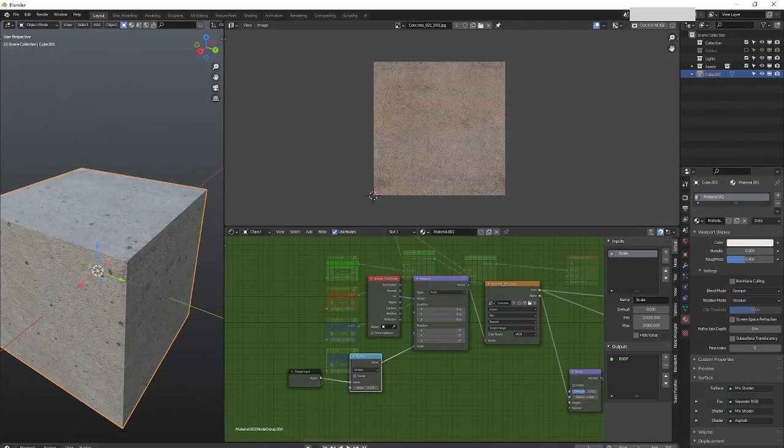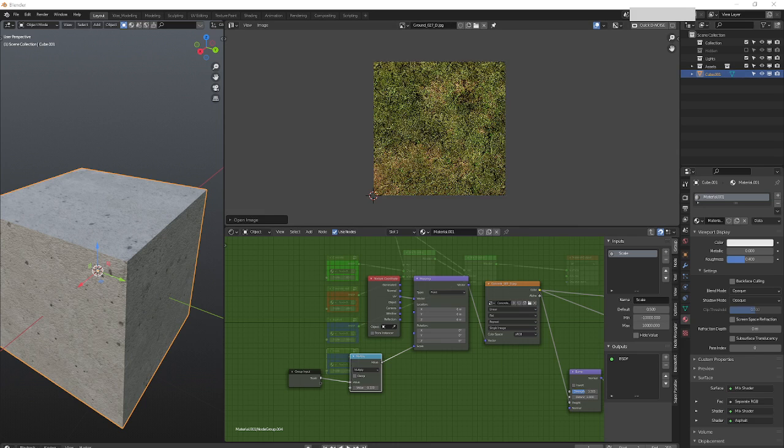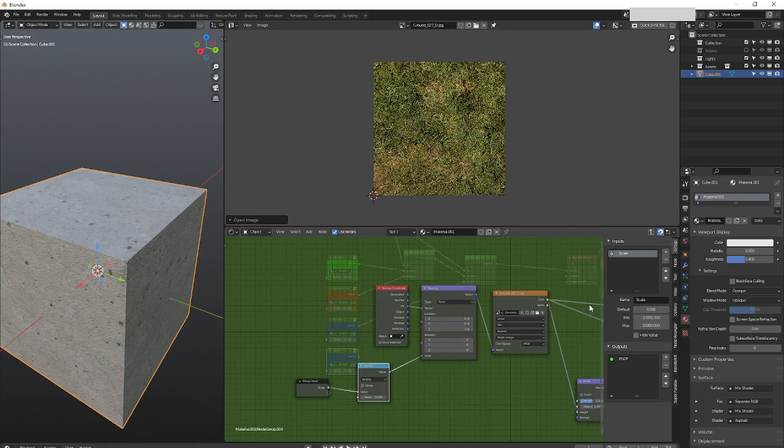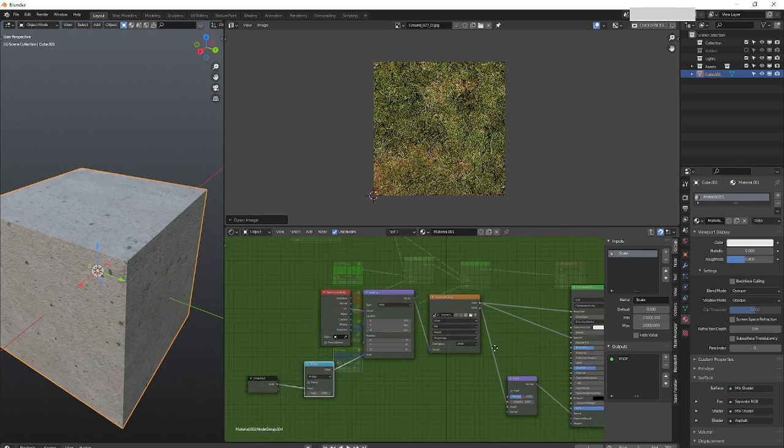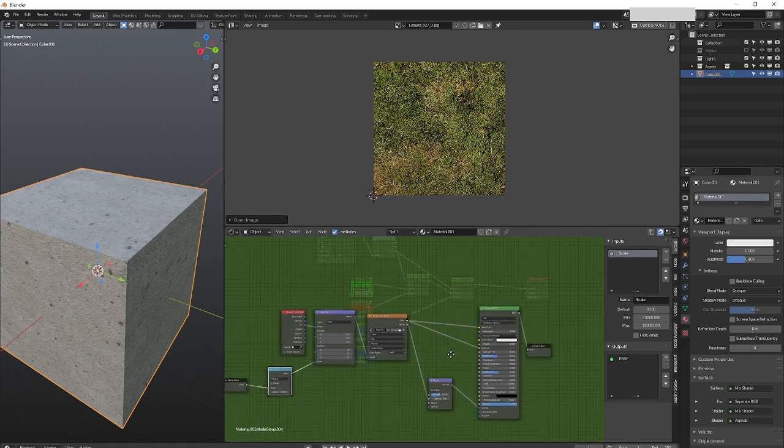Let's say, let me grab a texture here on my landscaping. On my landscaping, I have this guy here, which I'm gonna bring here. It's not a moss, but it's gonna work. Then I'll take this guy, and now we have